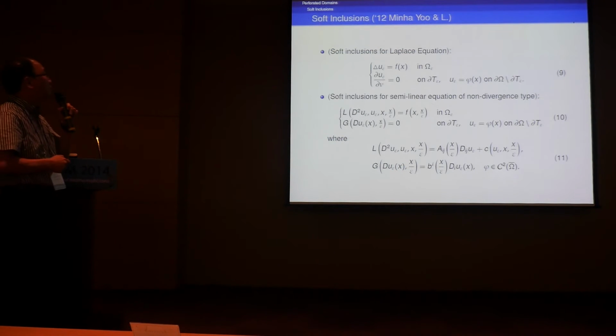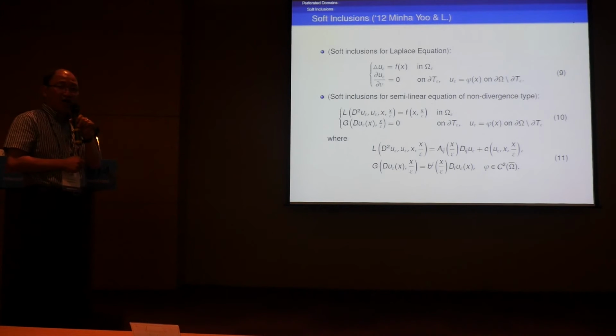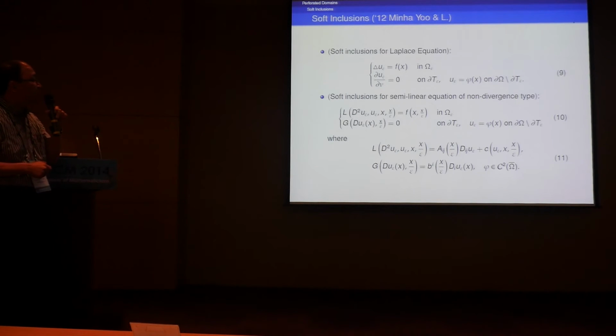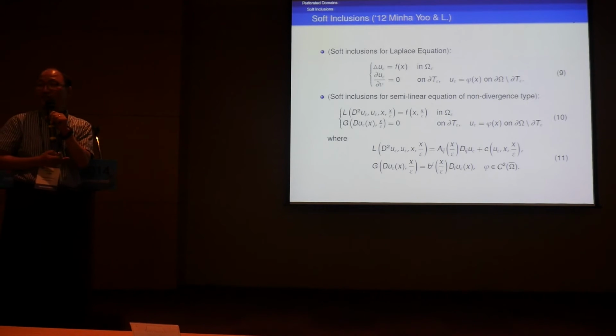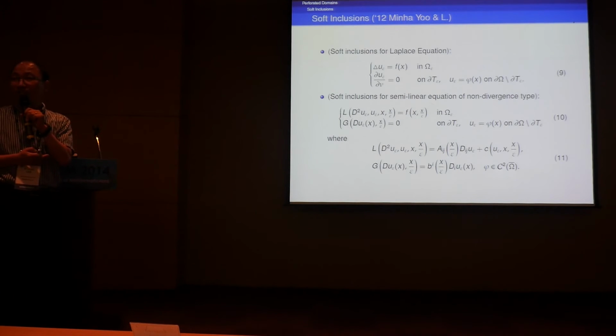And the other problem that we considered in the appropriate domain is soft inclusions. Soft inclusion looks like this. You have a diffusion equation, and you have a no flux condition on the boundary. And this is an appropriate domain we saw before. And then we consider what if our operator is very general? But that is a very standard thinking. And then we end with one big problem.